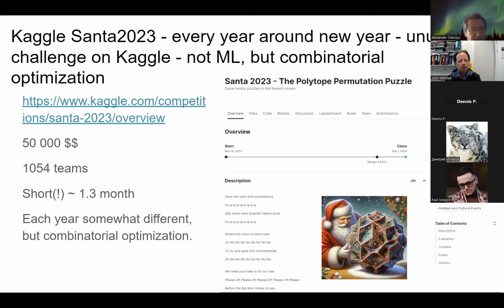This competition was short, about 1 month, a little bit more. The prize was a total of $50,000. There were more than 1,000 teams participating, and it was quite a challenging competition.